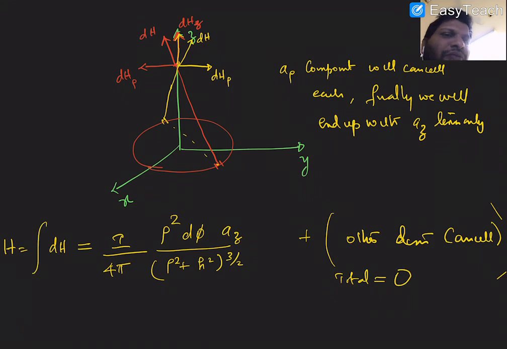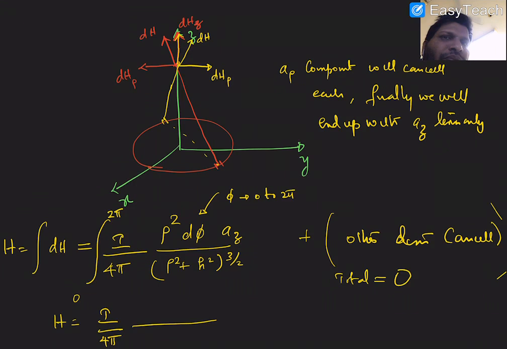H is equal to integral of dh. So this is the integral from 0 to 2 pi, because the only variable is phi. Phi changes from 0 to 2 pi. So H is equal to the integral from 0 to 2 pi of I over 4 pi, then rho square plus h square whole power 3 by 2, then there is a rho square here, then the integral of d phi is 2 pi, then az. Now we can cancel the terms. You see, this is 2 pi, this is 4 pi, and this becomes 2. So we will get the answer as I over